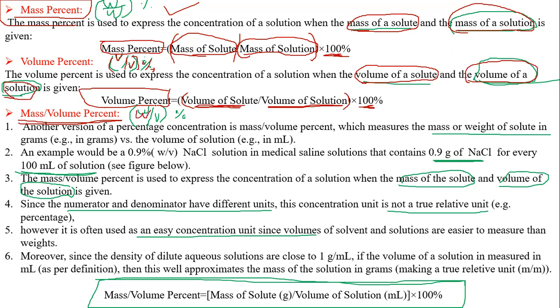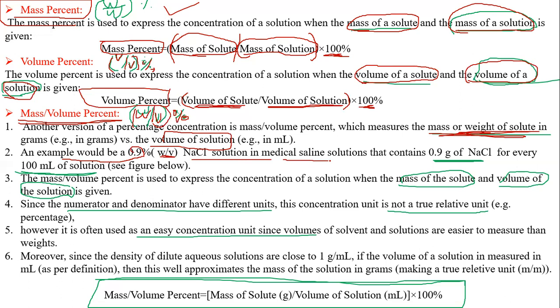You can say it as a weight by volume percent. Again, you are considering the weight or mass of solute and the volume of solution. So you can write here W by V. An example would be 0.9% NaCl solution,